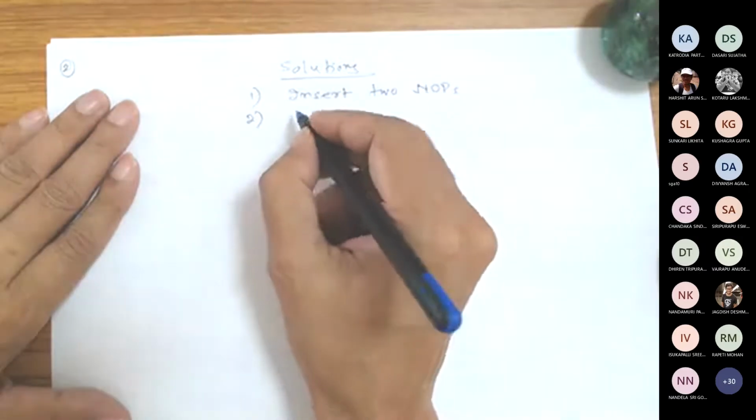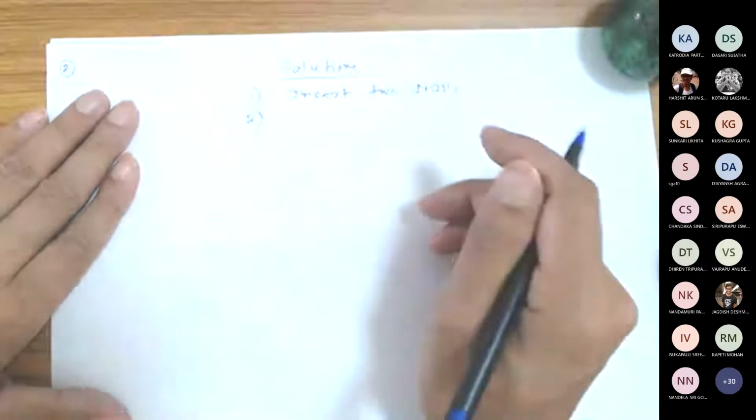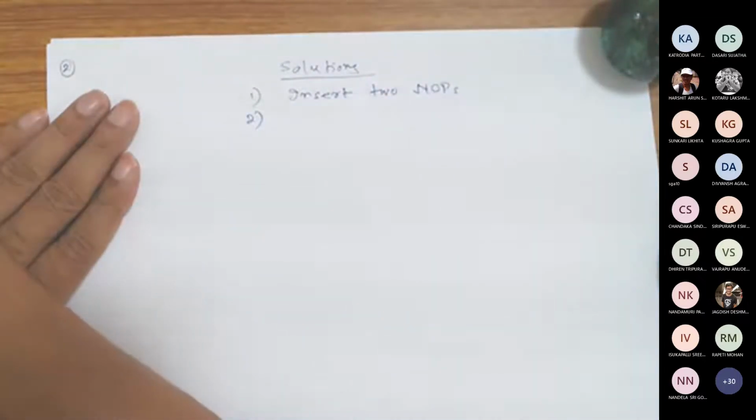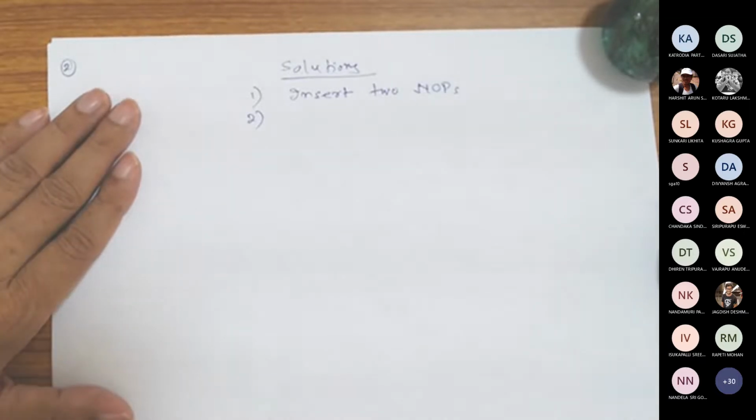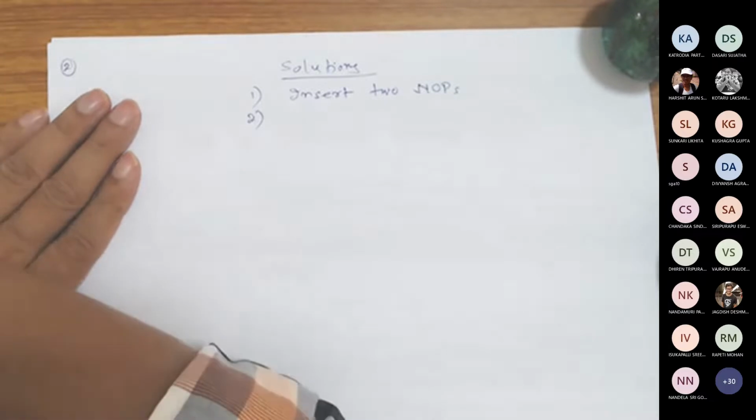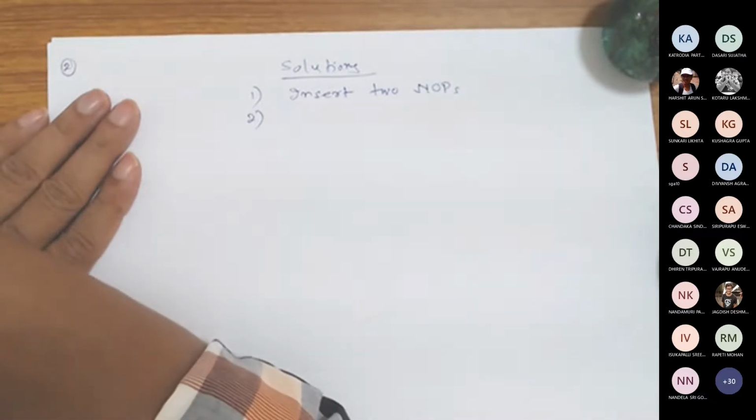So we call it. Sir, we can like disable memory and write back for next 2 instructions. Disable memory and write back for? It will be hardware, na? That's what I mean. It will be hardware. We are talking about software solution.